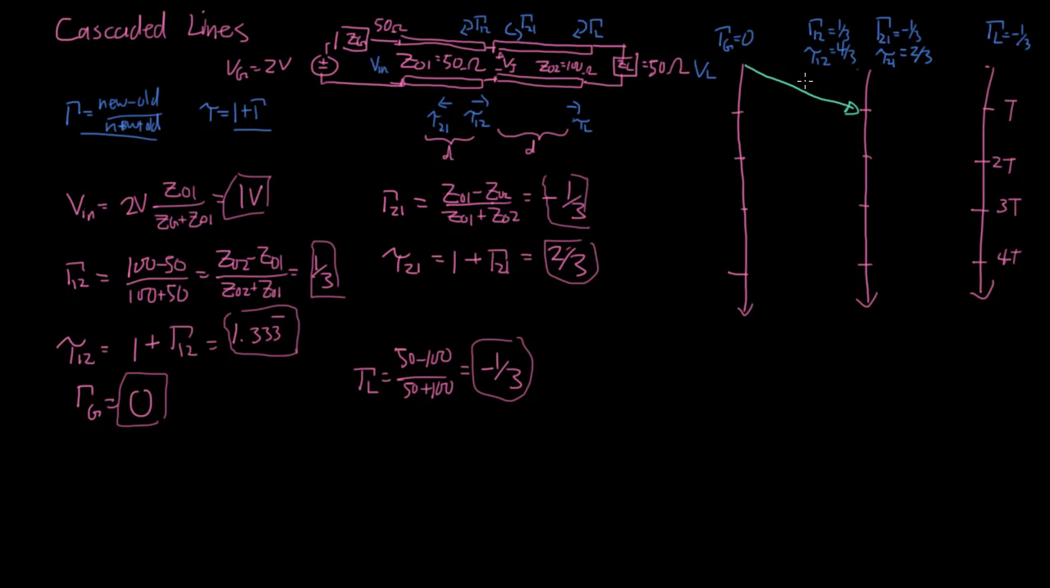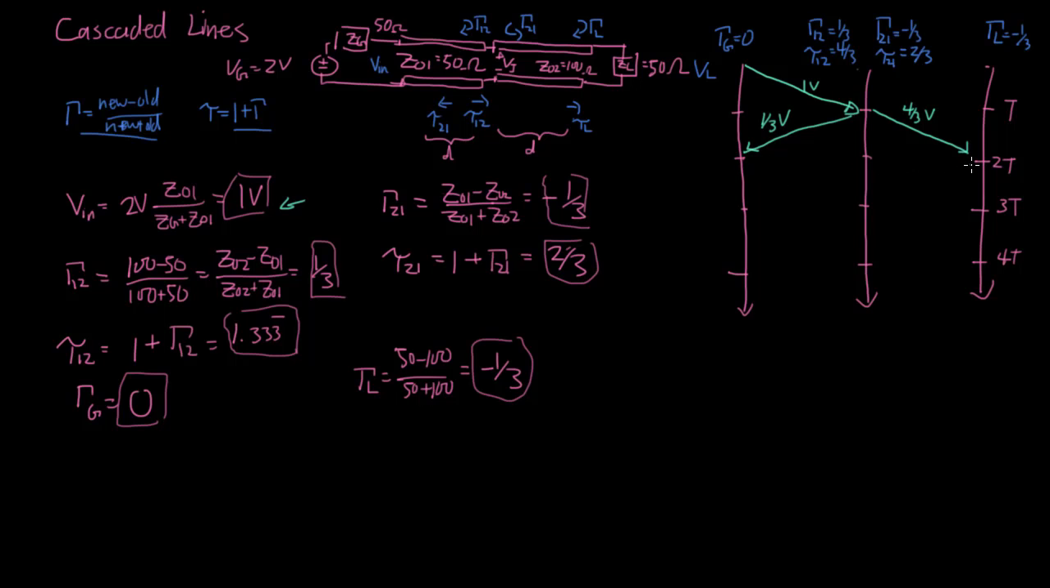So remember our first wave going in is just going to be 1 volt, which we calculated over here. And then we hit here and a portion of it goes through, which is this 4/3 here. So this is going to be 4/3 of a volt going here. And then a portion of it's going to reflect. And the portion that reflects is going to be 1/3 of a volt. And now when it gets here, remember our gamma G is equal to 0, so it gets absorbed